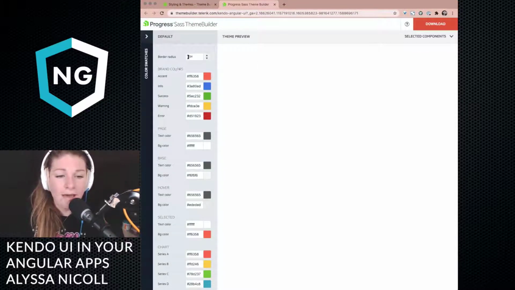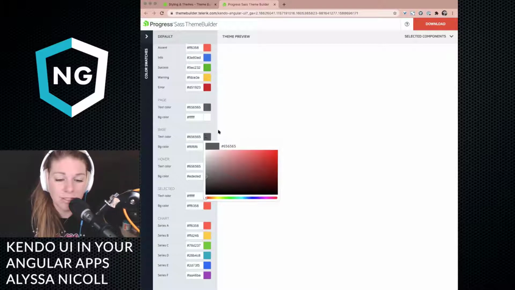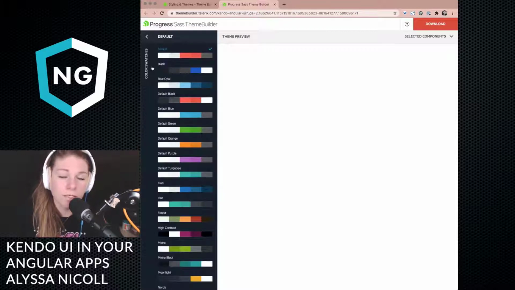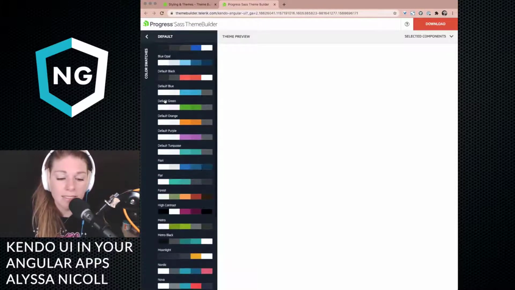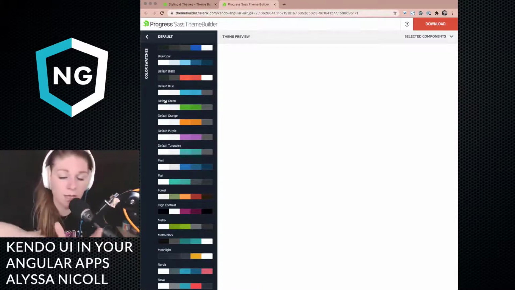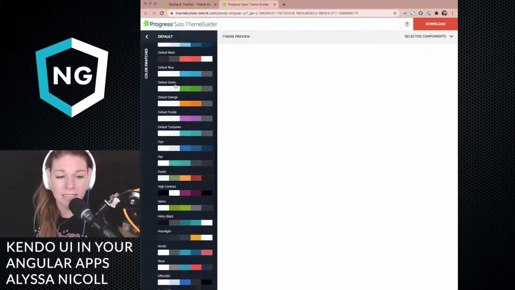So here you have literally all of the variables with color pickers that you can customize yourself or input like a hex. But we also have color swatches, which is really cool. Because contrast should be one of your most important things. If people can't read it, they can't do it. They can't see it. They can't action item it, right? So it's really great. I love that we have these default